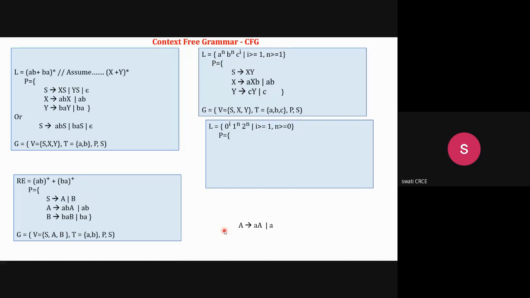Can you hear me? How to split this? It can be split into two parts. 0 raised to I is the leftmost part, the left variable, and 1 raised to N, 2 raised to N will be the right variable. So as I told you, you have to convert everything into this format, 0 raised to N, 1 raised to N, and 0 raised to I or 0 raised to N, and then you can solve. So all the problems are solved by using such a trick.